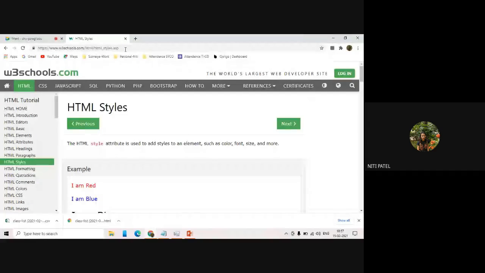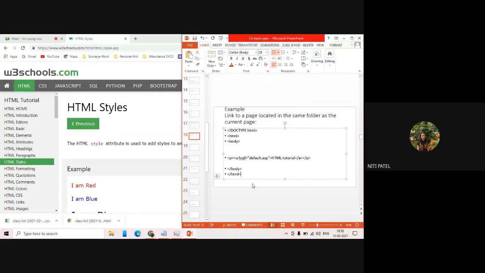So if you are on the main website, mention the name of the folder and the name of the page. If you are already in the folder on the website, just mention the name of the page. And if you do not remember all these things, if you directly mention the entire link, it will take you to the folder of that link, and then the page of that link. Are you understanding?